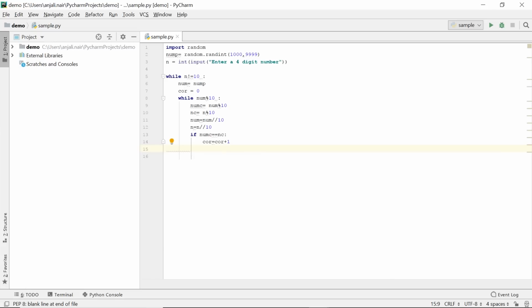Now once we exit out of the while loop, we must check if correct is equal to 4. So if correct is equal to 4, that means all the 4 digits guessed by the user were right and in their correct places. And that means that the user guessed the entire number correctly.